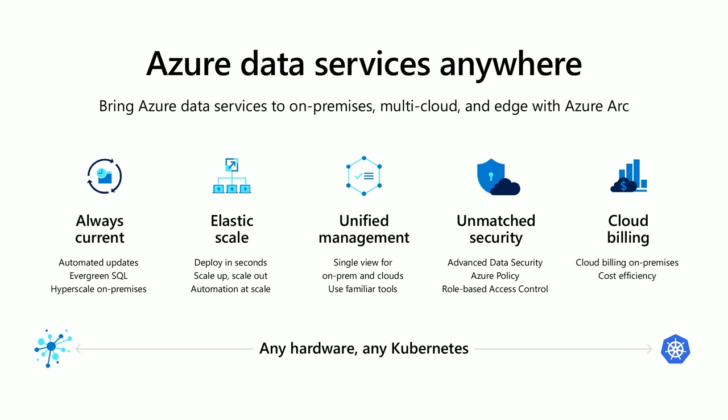And then we have the unified management experience here, and this is unified in multiple different senses. So the first is that we provide a unified management experience across database engines, starting with SQL database and Postgres hyperscale, which we're bringing in the first wave of data services. So you get a consistent management experience across database engines. Normally today you would use a different set of tools to manage SQL and another set of tools to manage Postgres. With these data services in Azure Arc, you use a consistent tool set, whether it's in the Azure portal, Azure Data Studio, or the CLI and APIs for automation to manage across database engines.